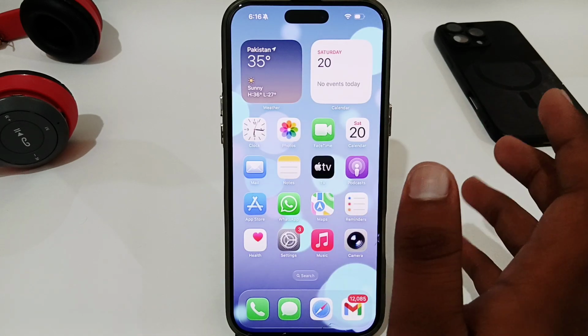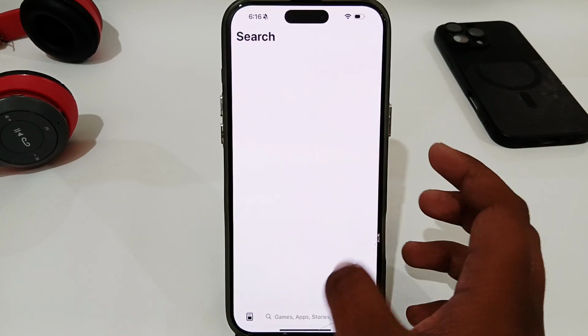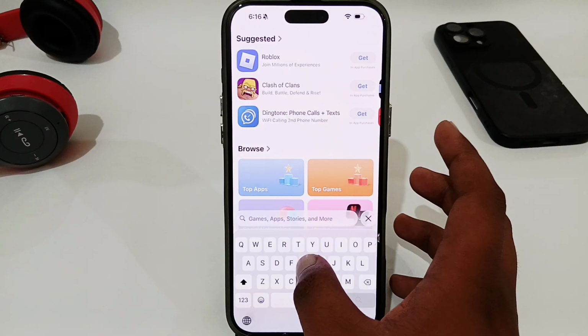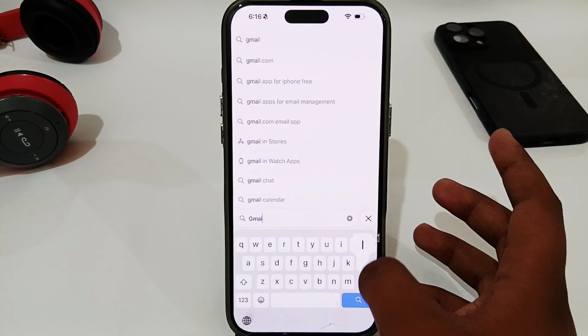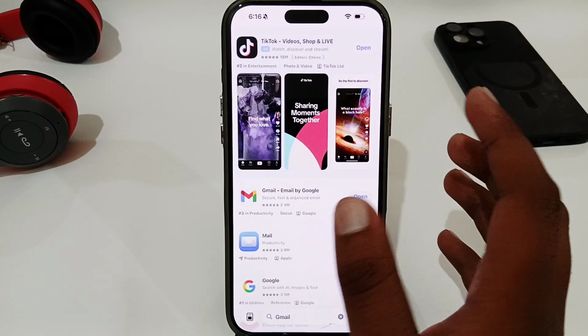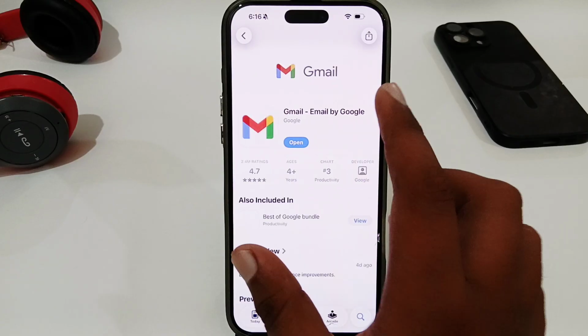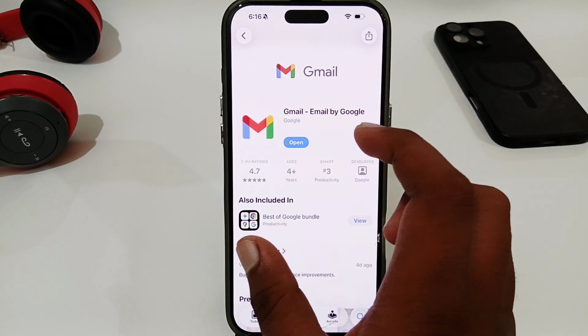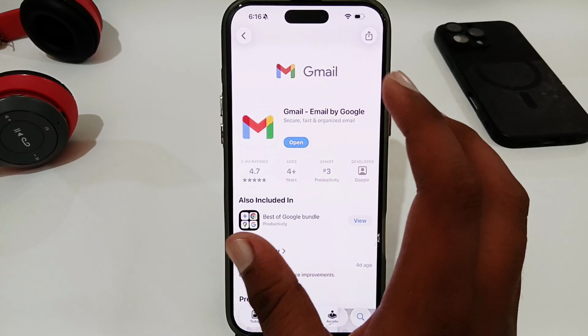Or there's a second way: you have to open up your App Store, go to search, and search for Gmail or email, whichever one you want. From here you have to install the application, and once you have installed it, you can easily change your